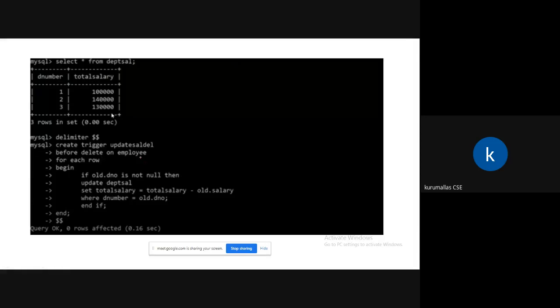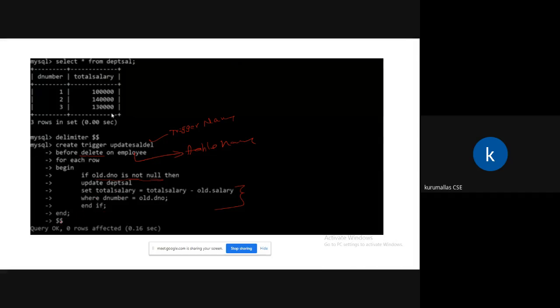This is about the event. What is the delete event? This is the trigger name. This is the table name. This is the condition, we know that, right? So this is the action we have to do. What action do we have to do?